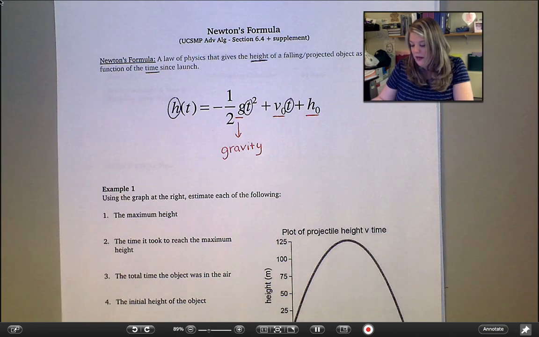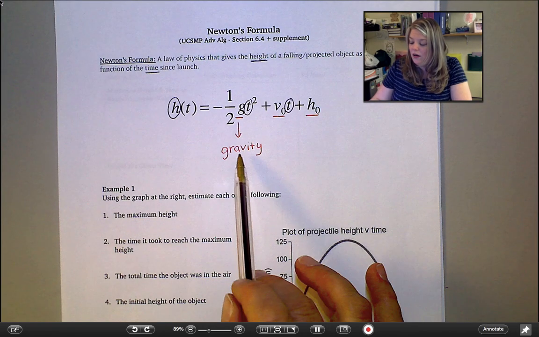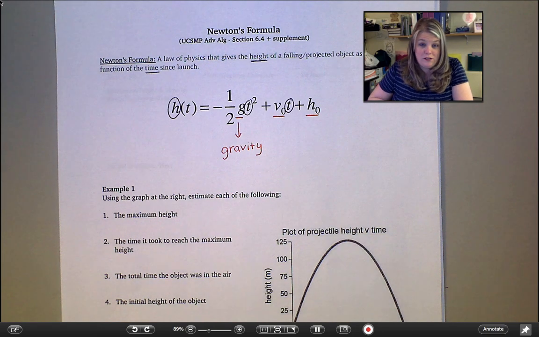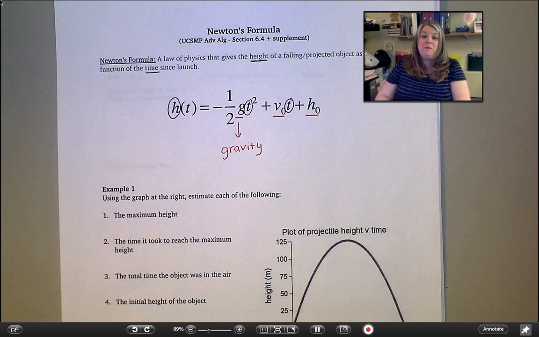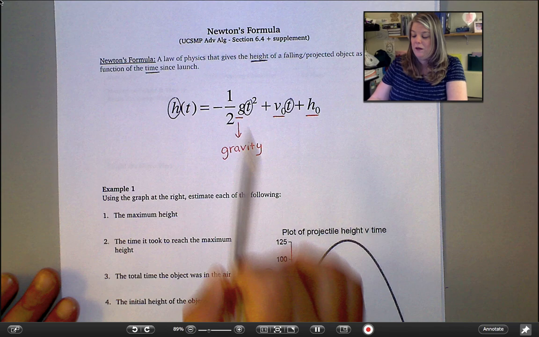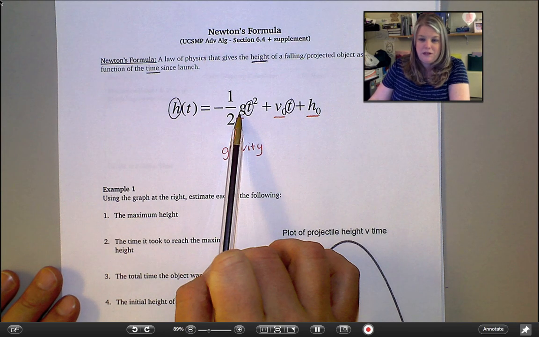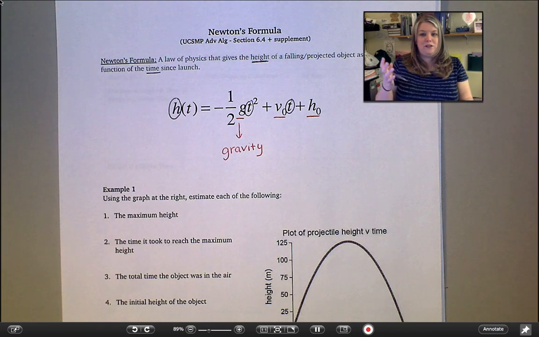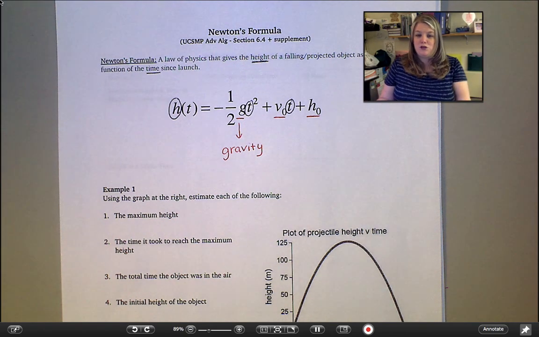The good news is gravity is the same all over planet Earth. As long as you're on planet Earth, the force of gravity is going to be the same. That means we're always putting in the same number for G. We almost could get away with just plugging a number in there and leaving it there. The place we run into problems is the difference in measurement systems. If we're measuring in feet,